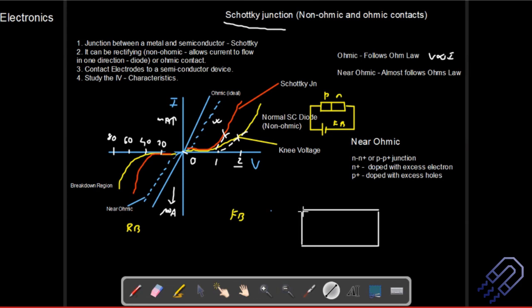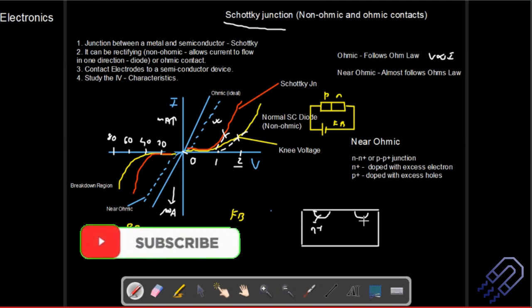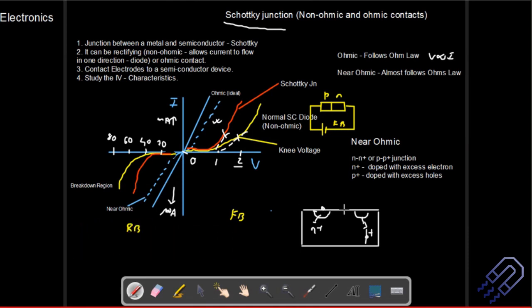So you can have a small semiconductor slab, and then in this particular region is where the contacts are made. This particular region might be the N plus region and the P plus region. So this is nothing but, let's say, N plus, and this part is P plus, and then you have the part where you actually solder the metal. You can just take the metal and solder it. So this is how exactly the contacts are being made.